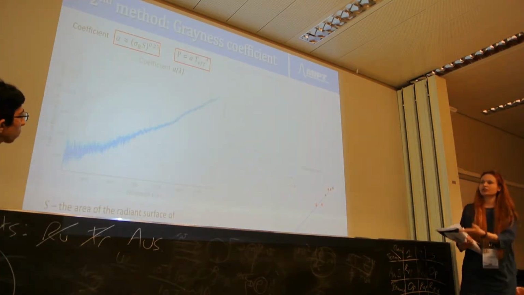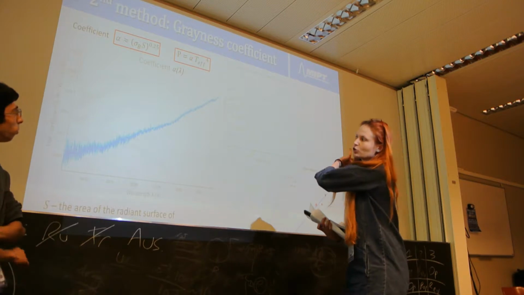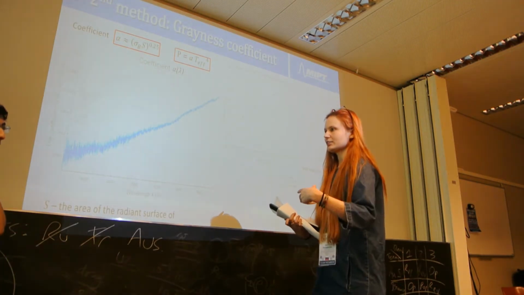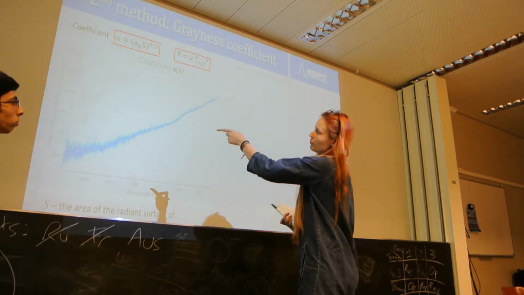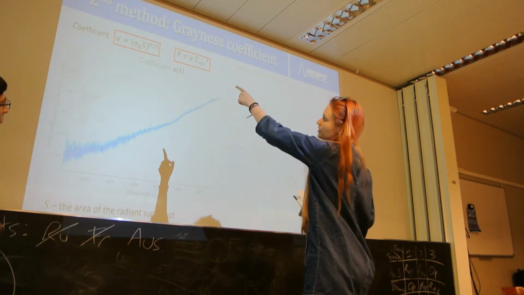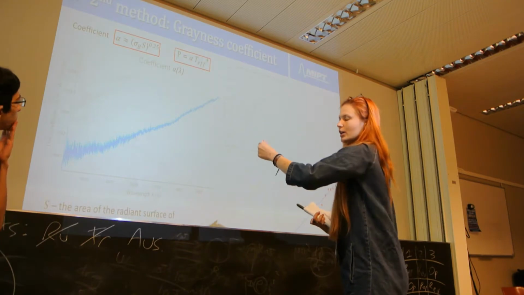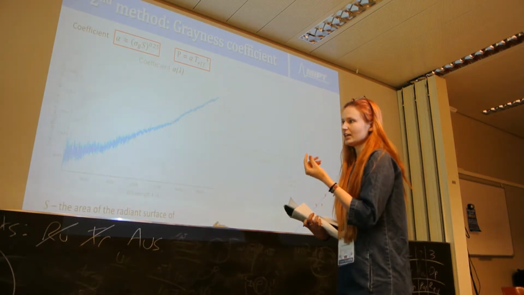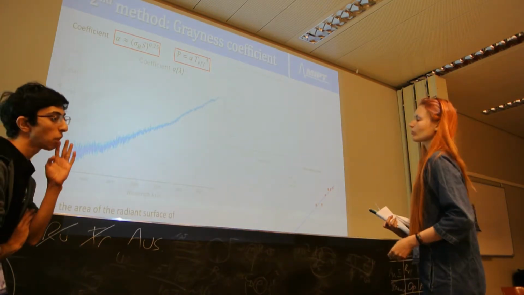So you can see it's correlated, but then the curve is normalized. We have constant Boltzmann and area, the radiant surface of an incandescent lamp, tungsten. Okay, yeah. So,